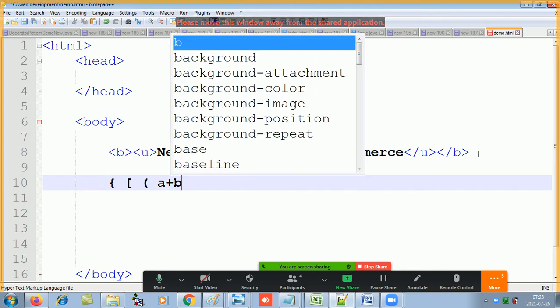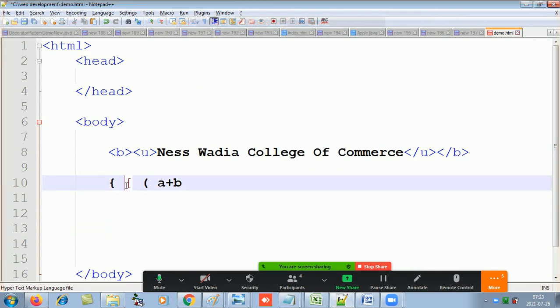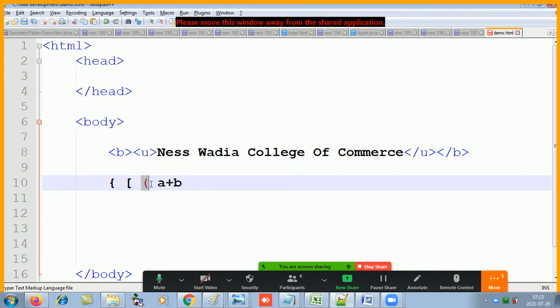Now which bracket do you think will close first? The round bracket, square bracket, or curly bracket? Round. Yeah, so the bracket which opens last closes first. After that, square, after that, curly bracket, right?